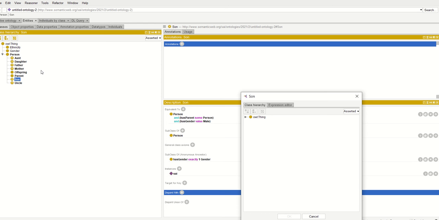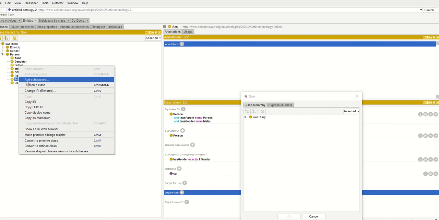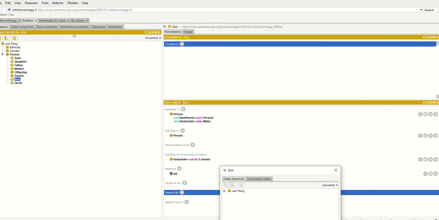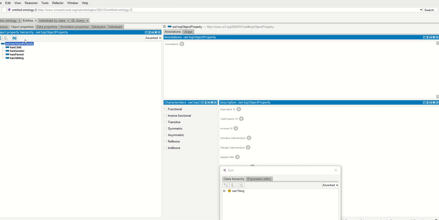I have created a family, having aunt, daughter, father, mother, parent, son, and uncle. To design a relation between them, we need to create subclasses. Like we can add subclasses under person. We also need to add some data types, individuals, and some properties to show the ontology figure.